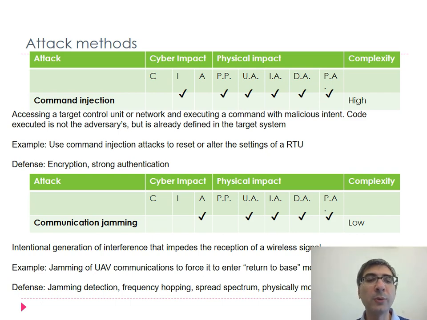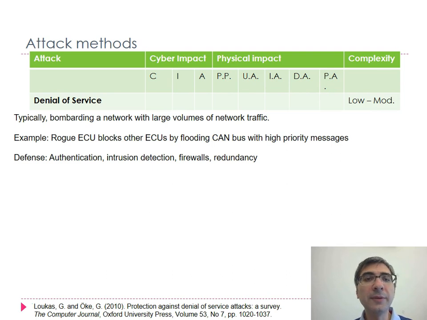In general, jamming works by creating interference on the wireless signal. Denial of service is the equivalent of jamming, but done not by physically creating more energy, by physically creating interference, but by bombarding a network with large volumes of network traffic. Usually, there are other types. There are types of low volume denial of service, but we'll talk here about the more common ones, which is the high volume denial of service, where some user has, through authentication,